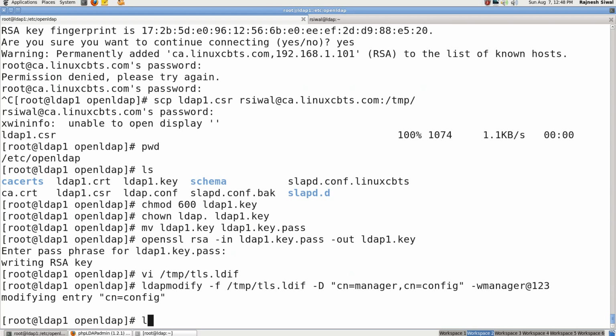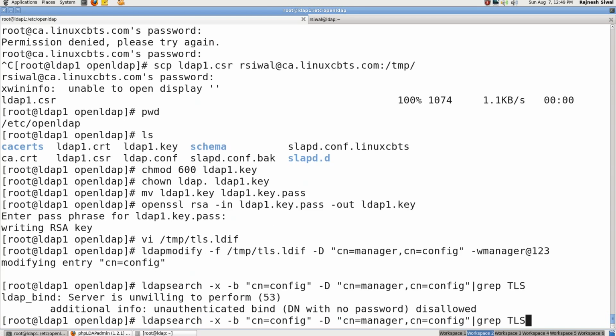If we want to see the attributes, run the query ldapsearch -x -b cn=config -D bind DN cn=manager,cn=config -w password, piped to grep tls.